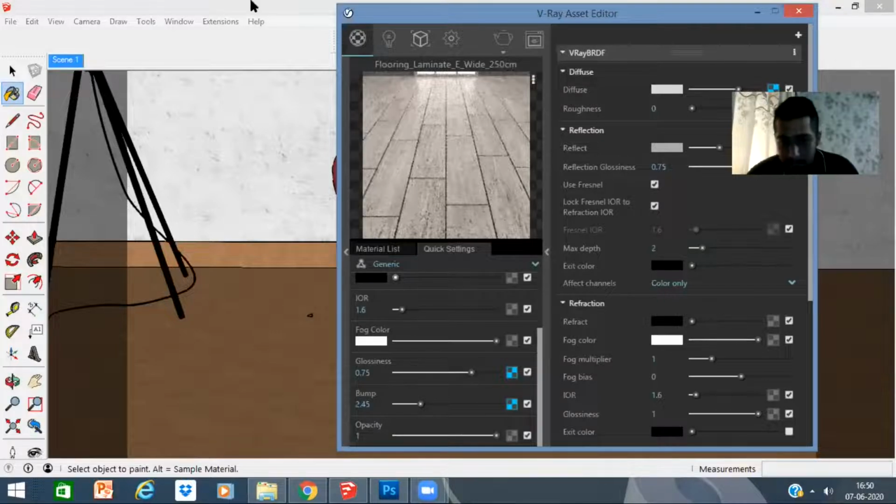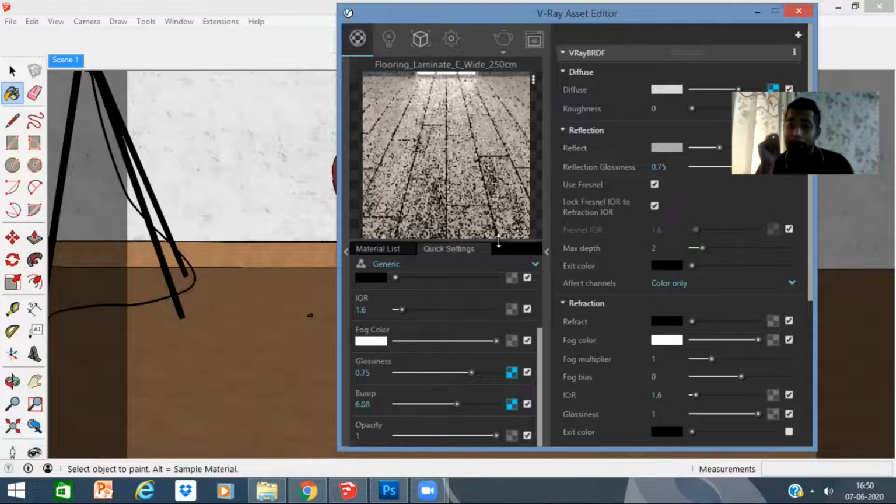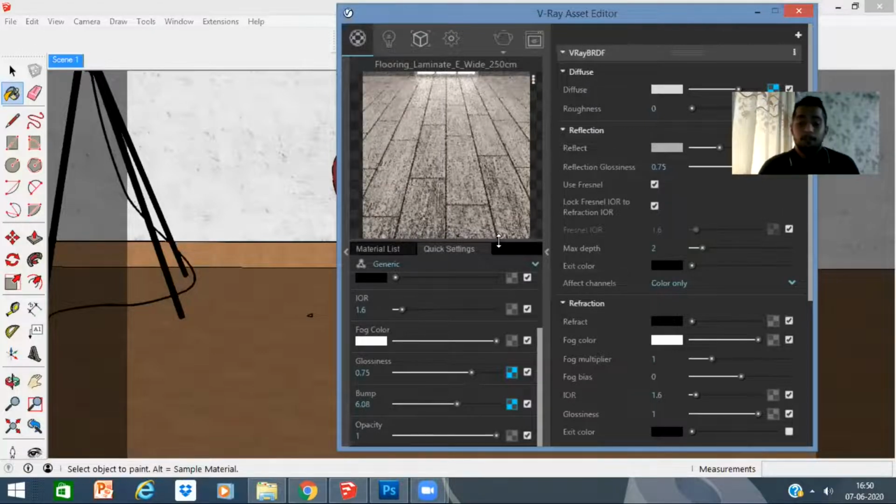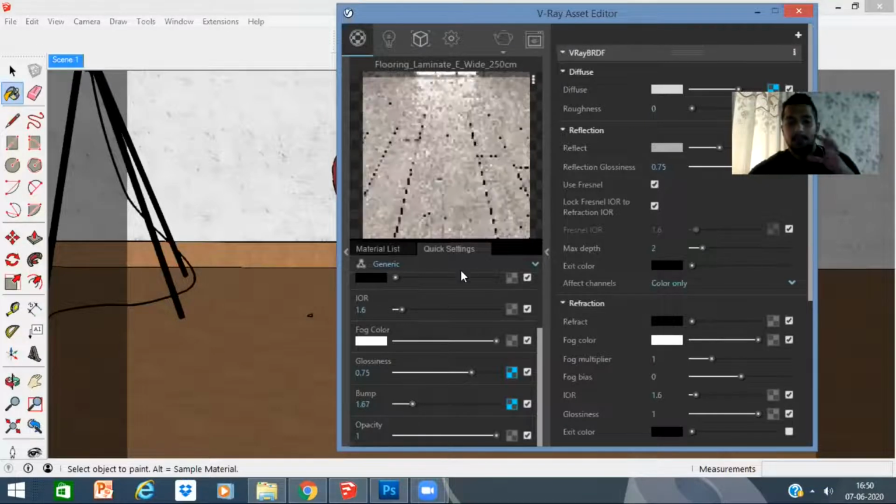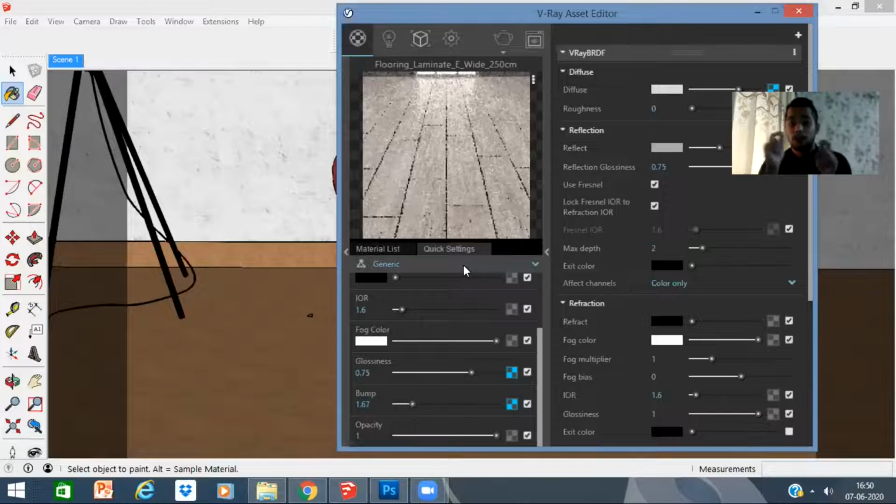You can see when we increase the map, now you can see not only the lines, but now the grains are also coming into the picture, right? And the more I increase the map, the more the detail of those grains. So the better the map that we have, guys, the better the look on the render. Now you can see this is too much. We don't want so many grains, otherwise it will look like an old house. So I'll just keep this very nicely so it's very flat, yet we have the bump in the grains.